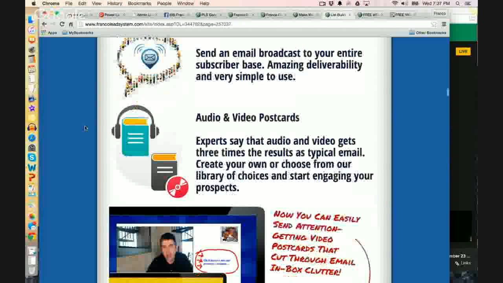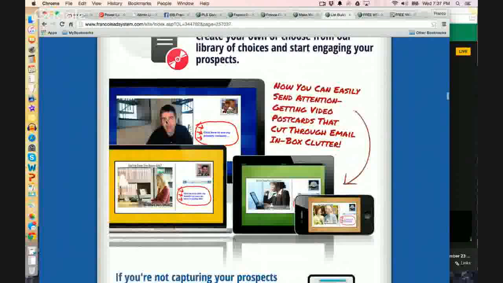Then they figure out how they can create audio and video follow-up postcards. Imagine just creating something like this, shooting your little video, or maybe just putting a picture here with an audio, and creating a follow-up little postcard that gets sent out as an email. They open the email, it looks like a postcard, it has your message on it, and they can click here to see whatever offer you want them to see, right? It's clickable. So these are pretty awesome, unlimited amounts of those.